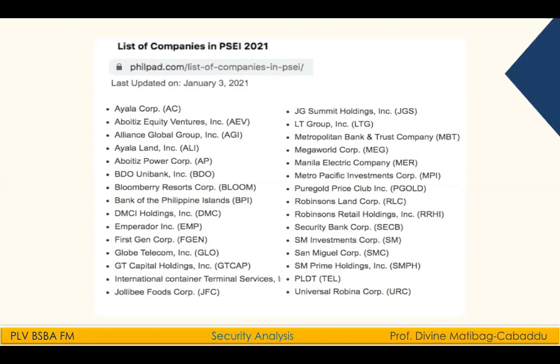It's very interesting because we will try to dig into the fundamentals such as their management, who the board of directors of the company are, the vision and mission of the company, and of course the marketing strategies, the operation side, the technicalities, and last but not the least, the financial statements of these companies. These are the top 30 companies in terms of market capitalization. So we will try to understand what market capitalization is in the next video.